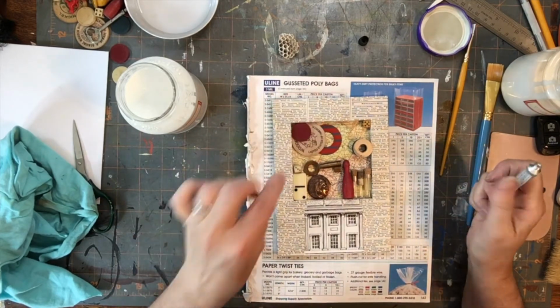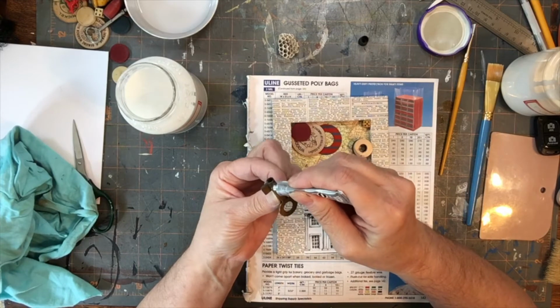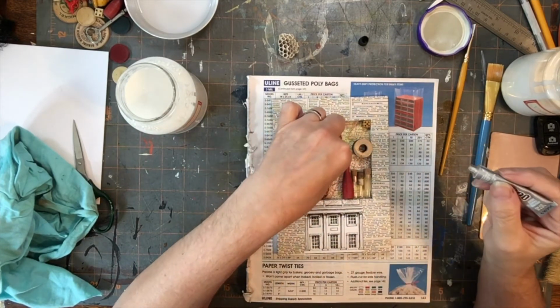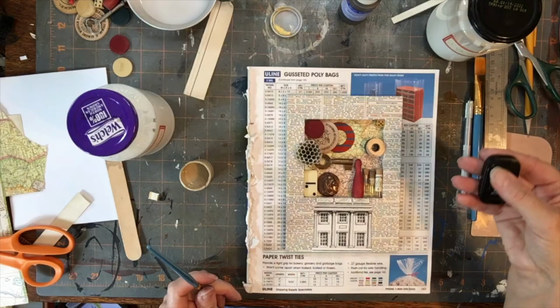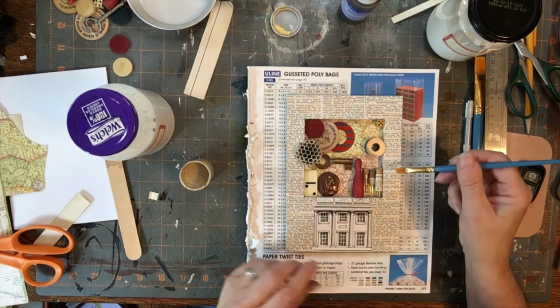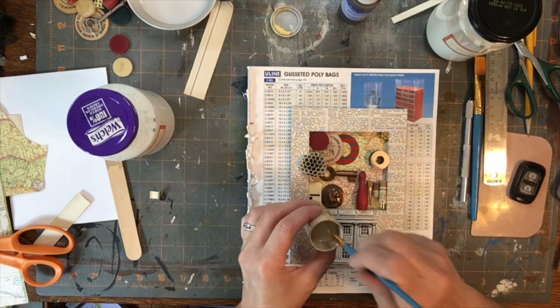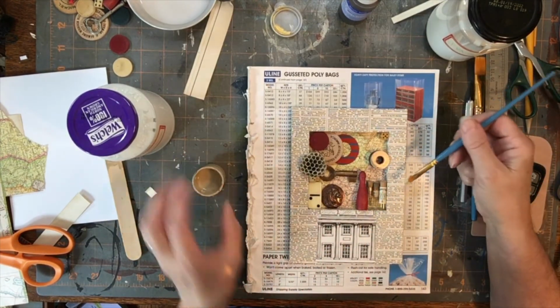So far, so good. This one is going to be the troublemaker. It is not going to want to glue down, I don't think. It seems to be dry enough, and I decided while I was waiting that I wanted to paint some of this with this mocha kind of brown